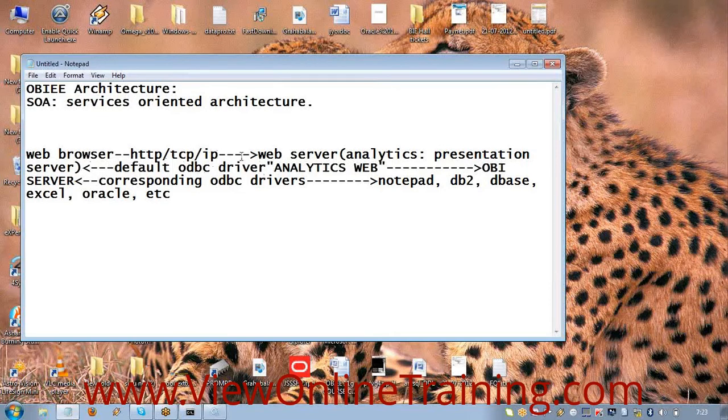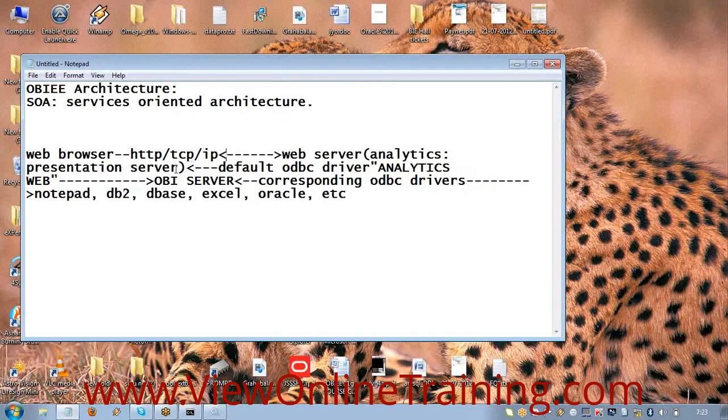Then the web server will display the data on the web browser like this.